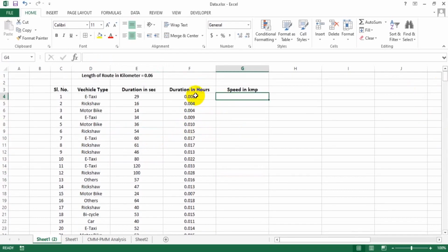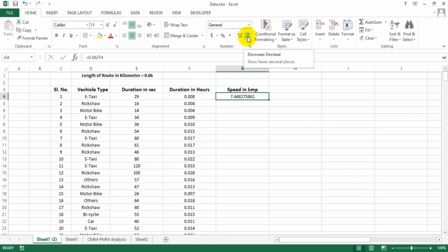Now we have time duration in hours, and we know speed is equal to distance divided by time. Our distance is 0.06 kilometer, so we have to divide by this time duration. Let's put the equal sign, and our distance is 0.06 divided by this cell.